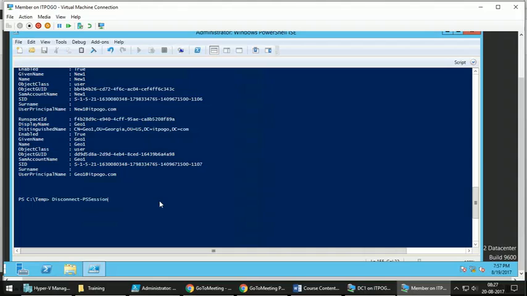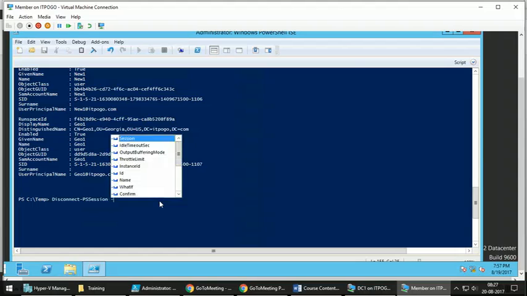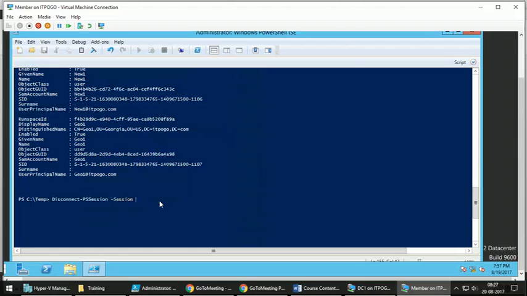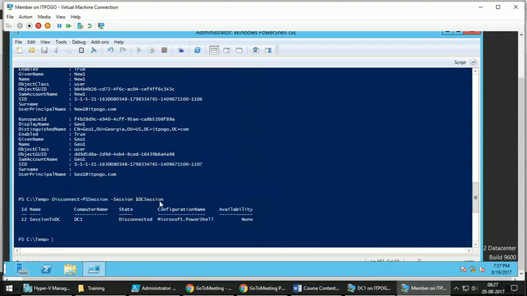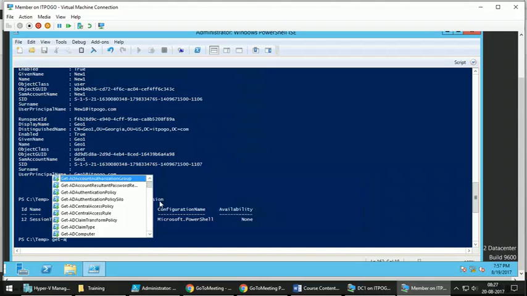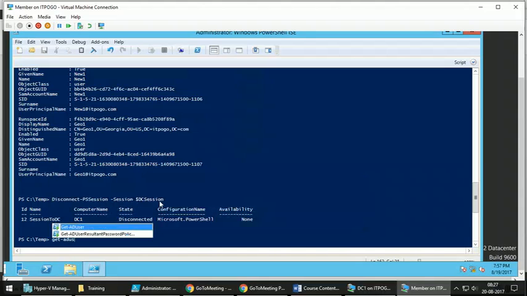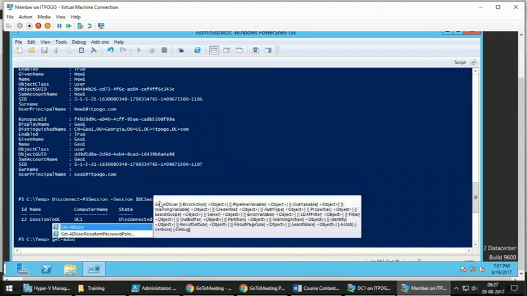You can establish a session object with the domain controller, import those commands temporarily on your computer, run those commands, and after you are done, you can just disconnect the session. Now it is disconnected. Now if you run any command like Get-ADUser,